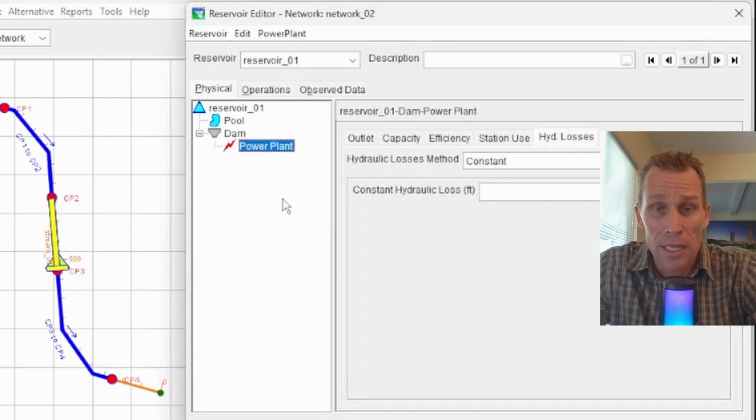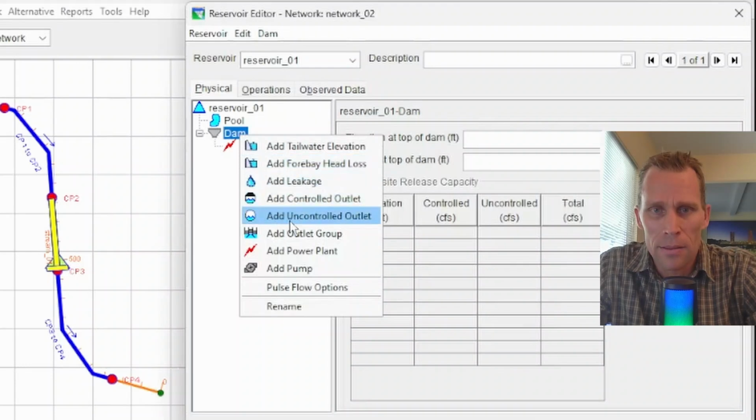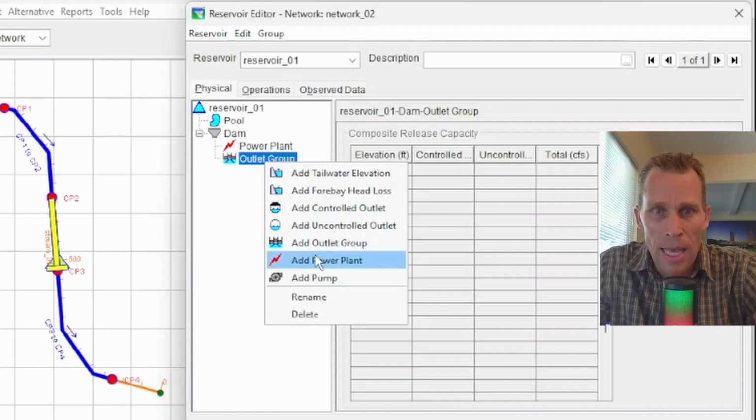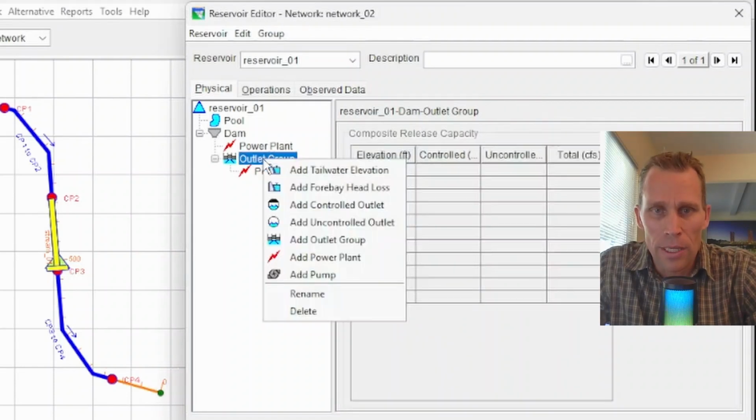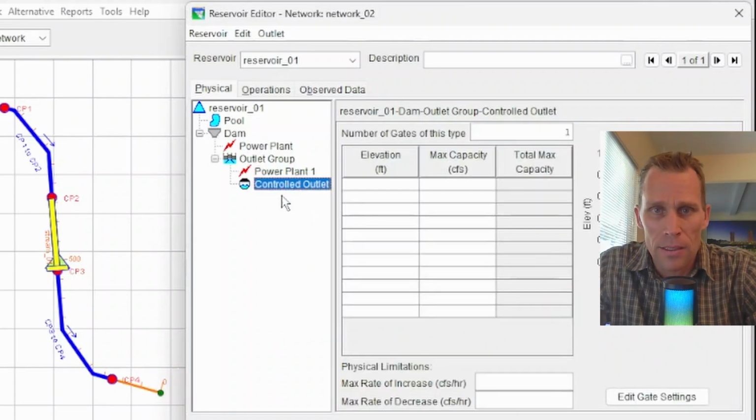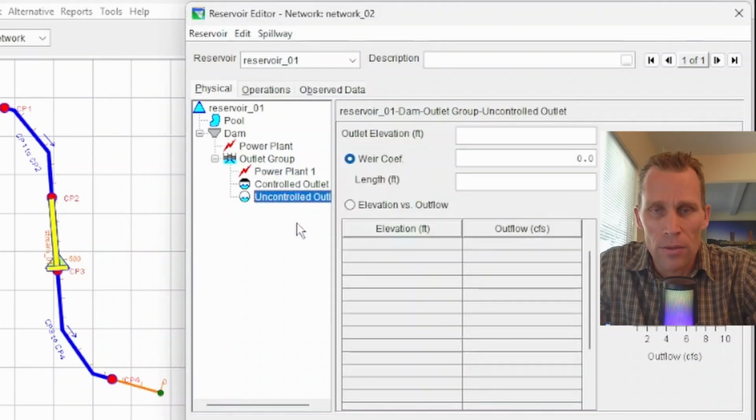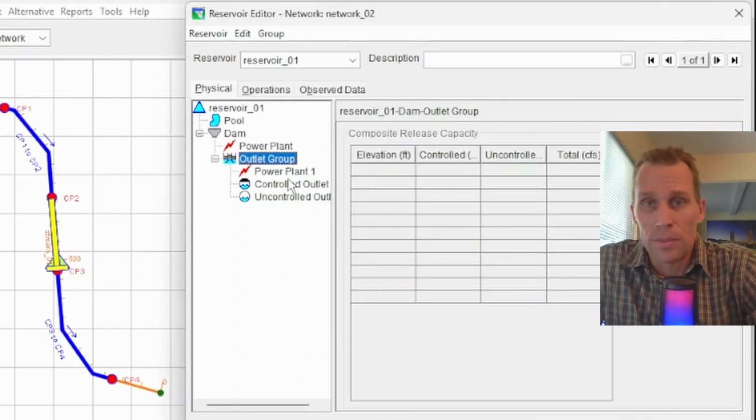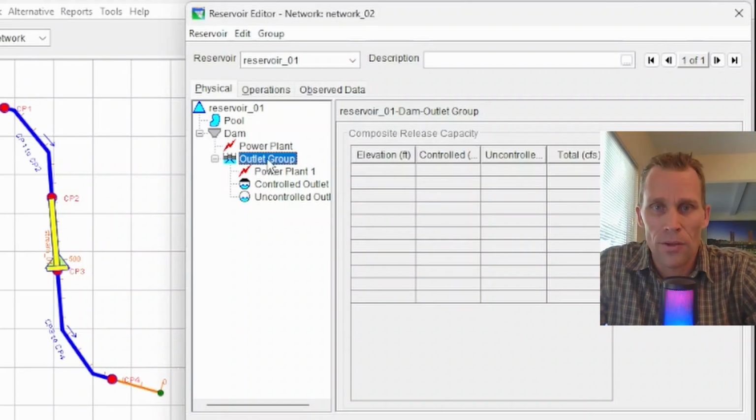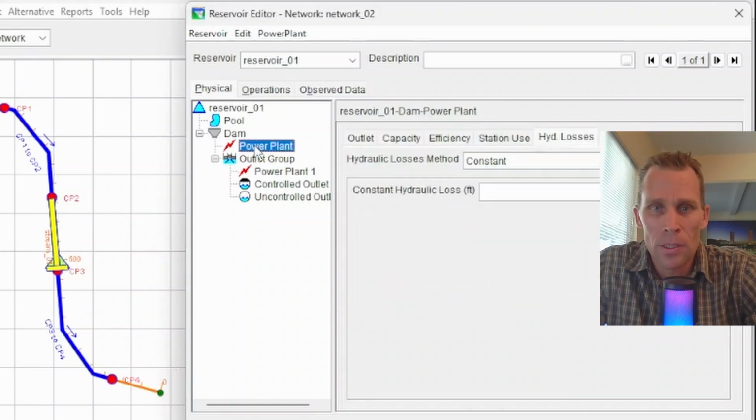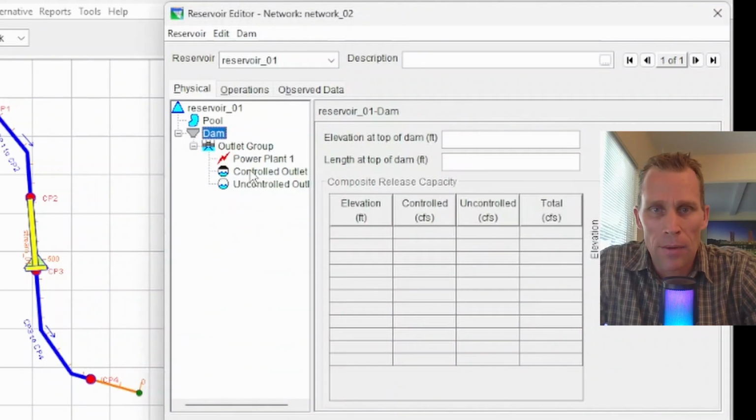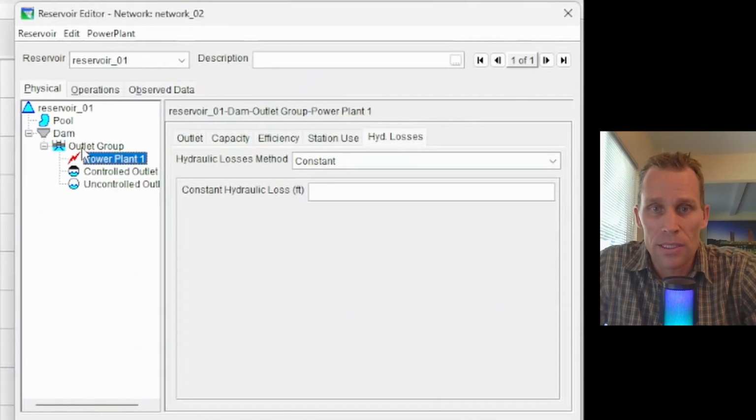And instead of just adding a power plant by itself, we could add a power plant to an outlet group. So we could create an outlet group here and then right click, add a power plant. Because an outlet group could have other outlets like controlled outlets or uncontrolled outlets, and then those outlets could be controlled based on the group, not the individual element. So let's go ahead and do that. I'll delete that first power plant, and we'll be making edits to this power plant, which is inside the outlet